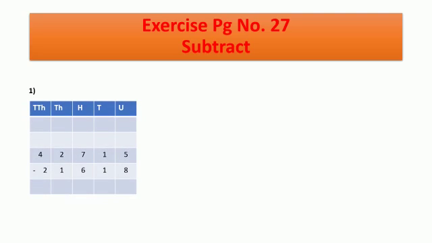Now in this exercise, we are going to do subtraction by borrowing. In the units place, as you can see, 5 minus 8. Subtraction is not possible. So in this case, we are going to borrow one number from the tens place. After borrowing one number from the tens place, the number in the tens place will be 0. Since we are giving one number to the units place, 5 will become 15. 15 minus 8 is 7.